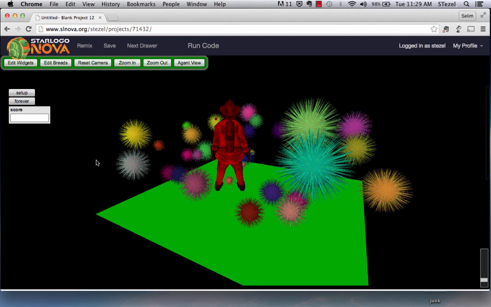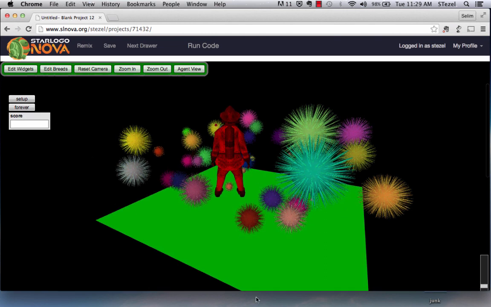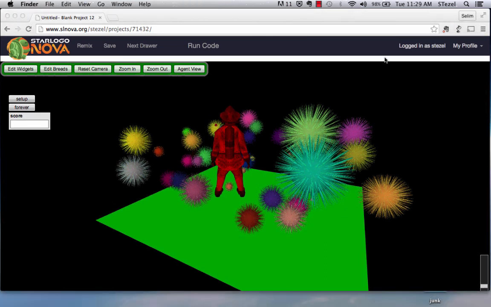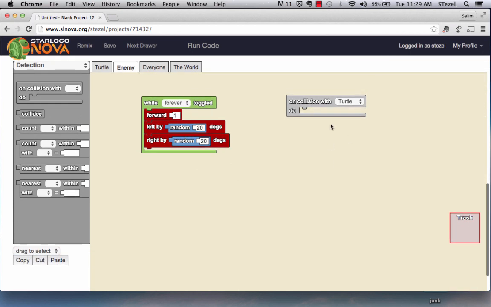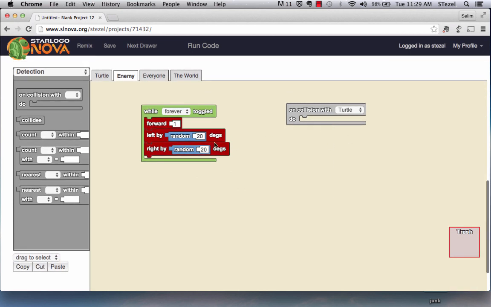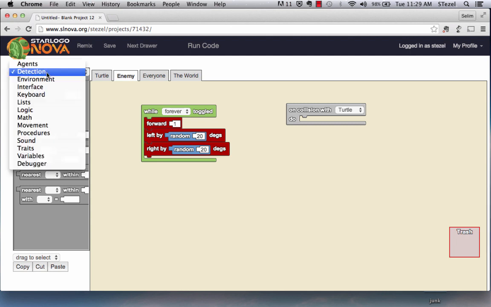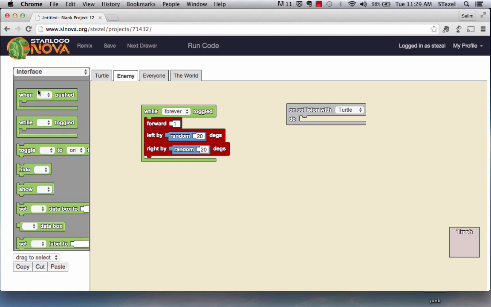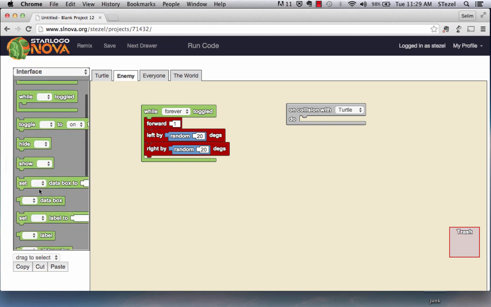As you notice, there is by default a scoreboard. So let's actually learn how to increment the scoreboard. On collision with turtle, let's go to interface, and one of these options should be set data box. So set score data box to,